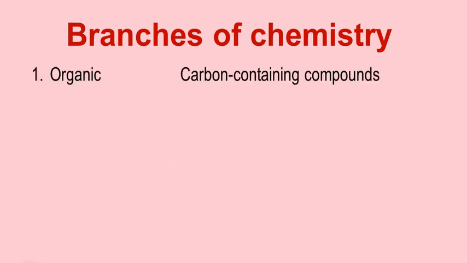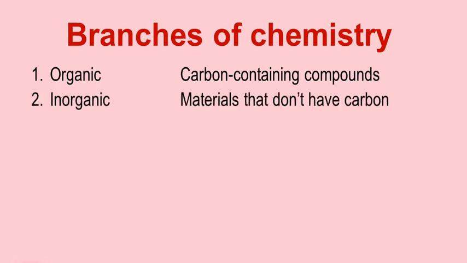There are 5 main branches of chemistry. The first branch is organic chemistry, and this is the study of substances that contain carbon. Of all the elements, carbon is really special because we found that carbon is found in everything that's alive and everything that has been alive. And so organic chemistry is kind of the fundamental base of learning about the chemistry of things that are alive. Now we'll talk more about that here in a minute. Organic chemistry involves carbon-containing compounds.